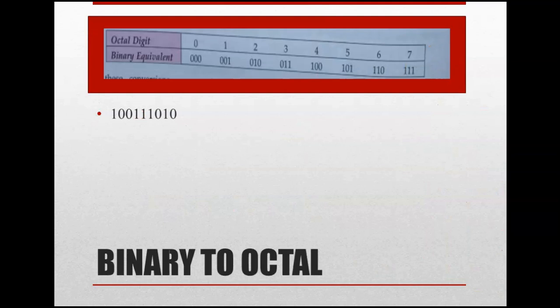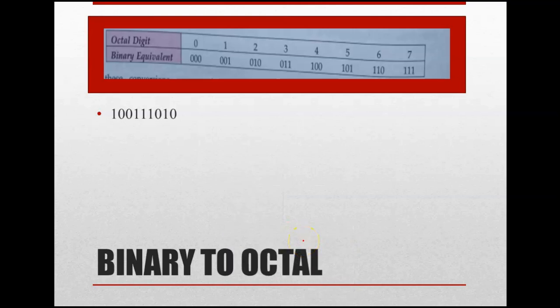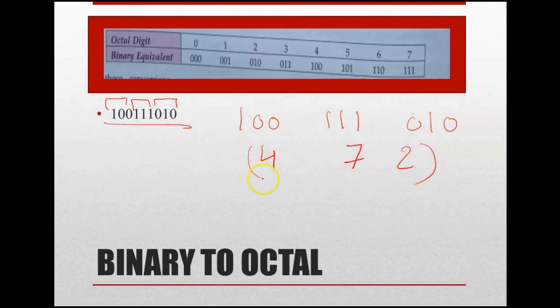Now next is from binary to octal. So the same table you can use now, but this time you have to consider one thing. If the number of digits is less than 3, in that case you can fill a 0 on the leftmost side. So just check it. We have this one, so you can just start making a combination group of 3 3. So by chance this is having the complete one. Okay, and then check 1 0 0 is here only, so this is 4, triple 1 is 7, and 0 1 0 is 2. So this is the octal conversion.